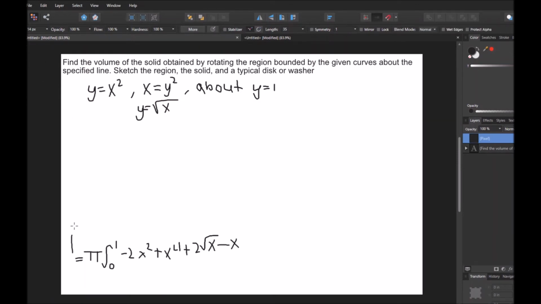Alright, so now I'm going to drag this up here like this, and so when we evaluate this integral, it's going to be pi times negative 2x squared is going to be x cubed, negative 2/3 x cubed, plus 1/5 x to the fifth,